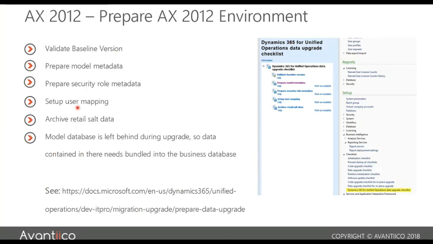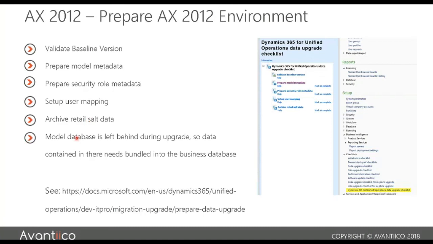So in 365, there's no model store. The code is all on XML disks, but there's certain information in the model store that 365 needs. It needs to validate object IDs and element IDs during the upgrade. So to do that, what you do is you run this script. It will take some information from your model store and actually insert it into your transactional database, into a shadow table. And that way, when your transactional database is upgraded to D365, it has that metadata it needs. So it knows about some of the object IDs and element IDs.